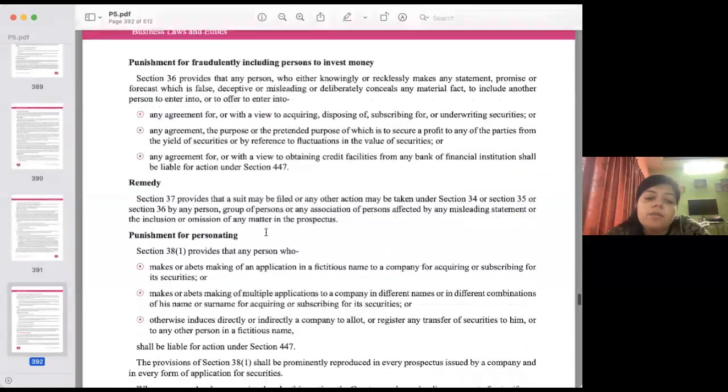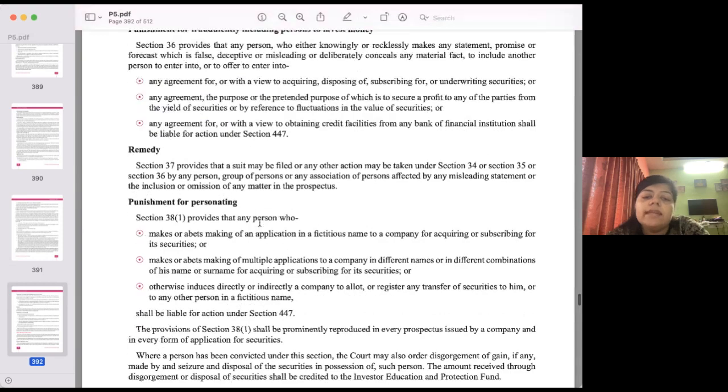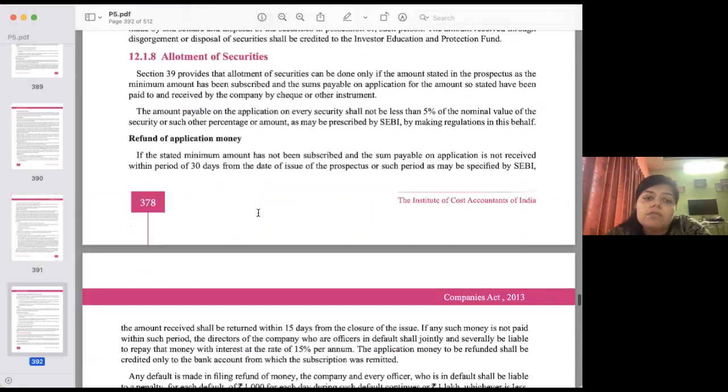And finally, we talk about punishments for impersonating and fraudulently getting people to invest in a particular company. Now, allotment of securities is also very important. If a company has had an oversubscription, where you have only 100 shares to be sold,